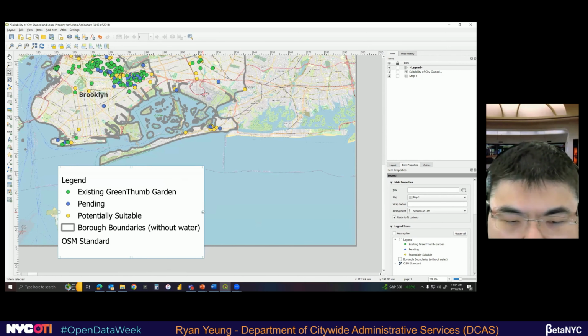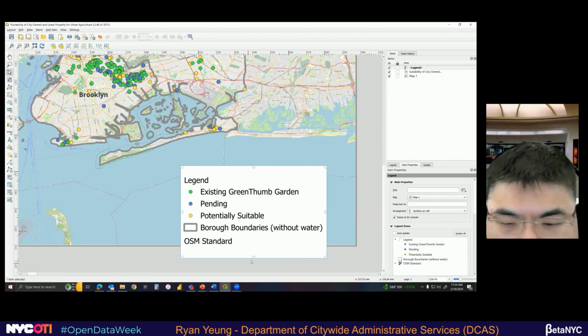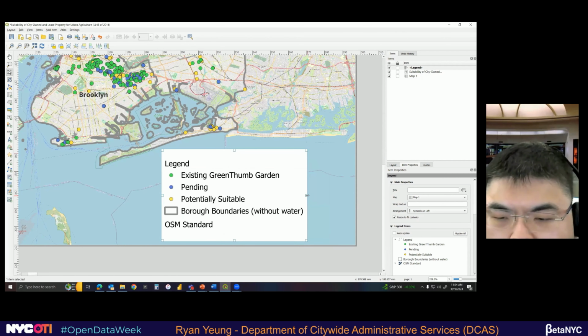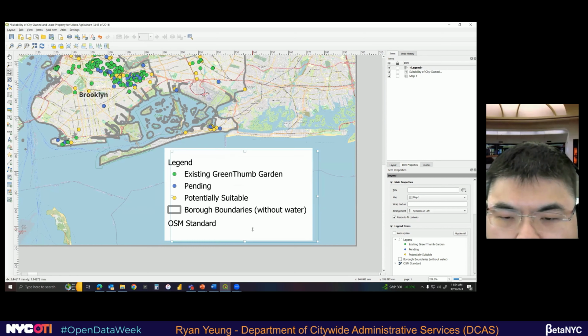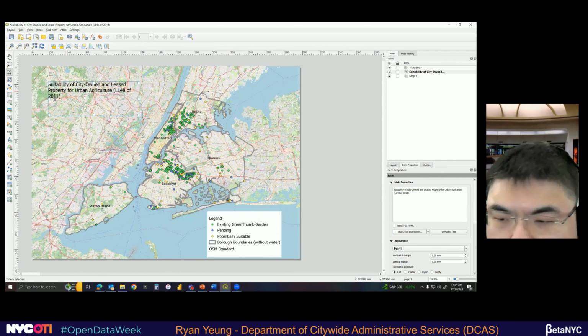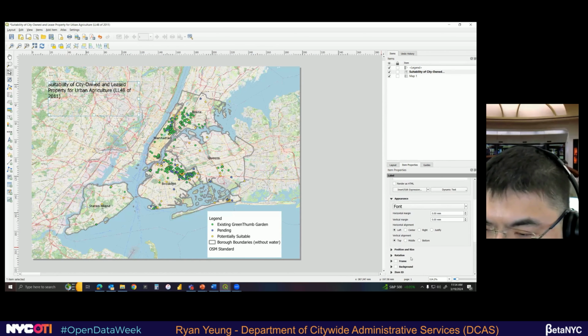All right, let's remove this. Let's resize this, I mean. If you had Adobe Illustrator, you got a license for that, which I don't, you can also make a better looking map than this, but this will do for our sakes. So let's go back to this thing here, so it's a little bit more readable.